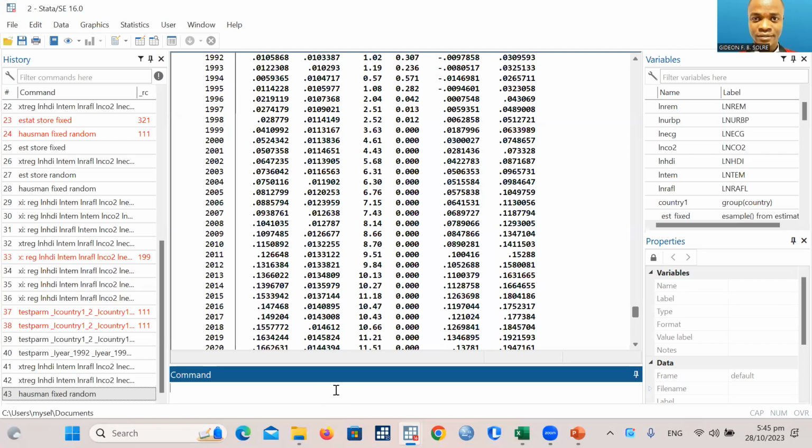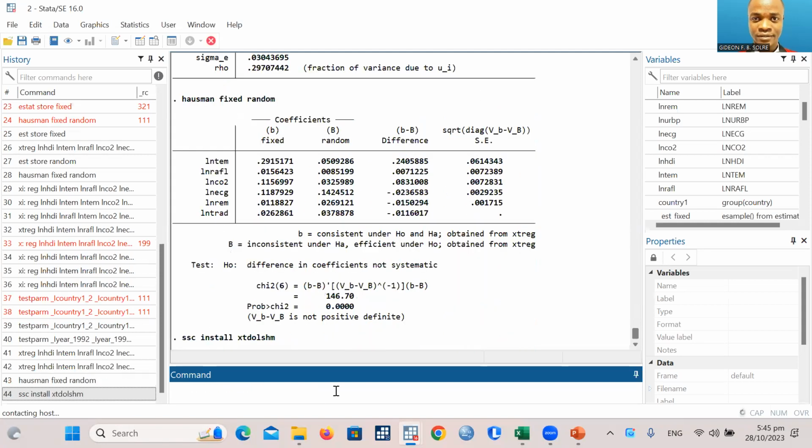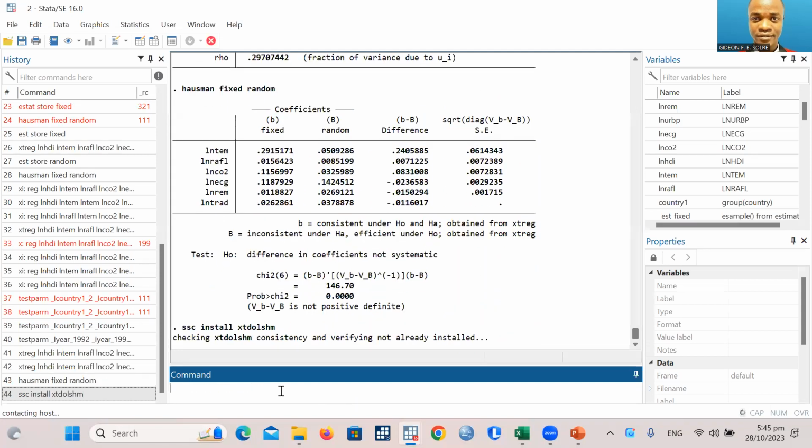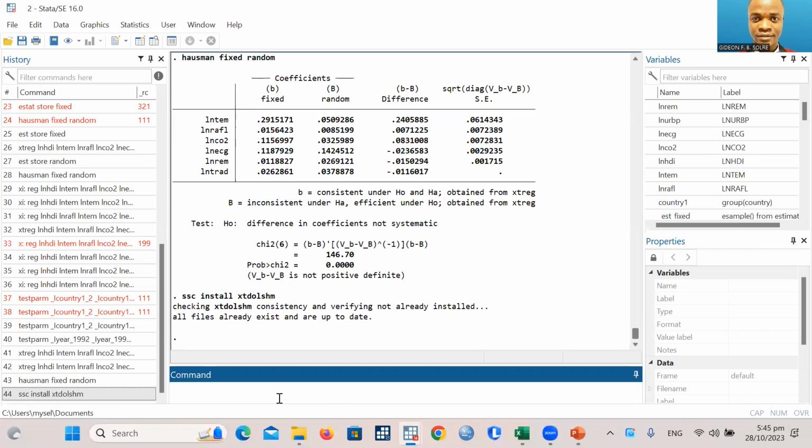Let's install this command before we do the estimation for DOS. SSC install st DOS HM. Okay, let's install this one. I already have it installed, but those of you who don't, install it. Aside from that, you install SSC